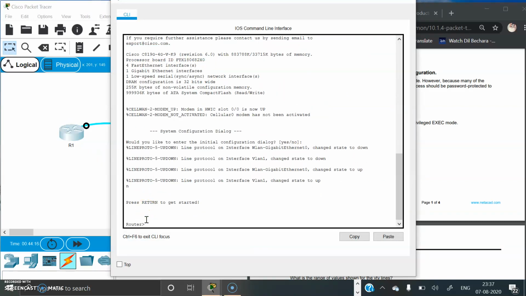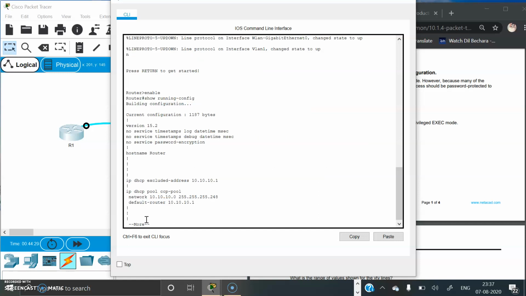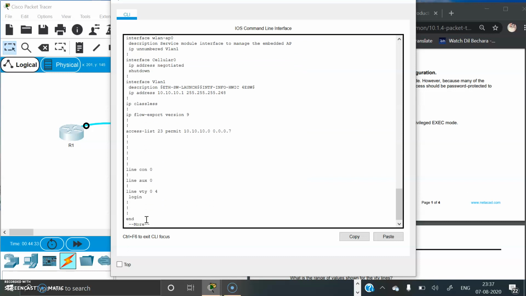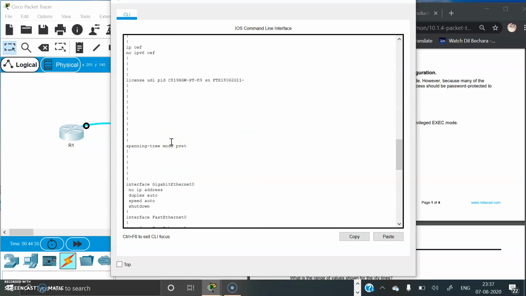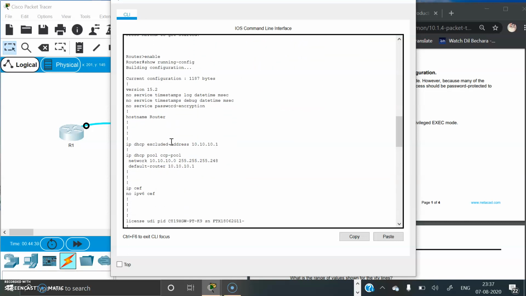Okay, let's start. Firstly, enable. We have entered into the privileged EXEC mode. Now we are using the show running config. Here we can see that we didn't assign any IP address or any passwords to the router.